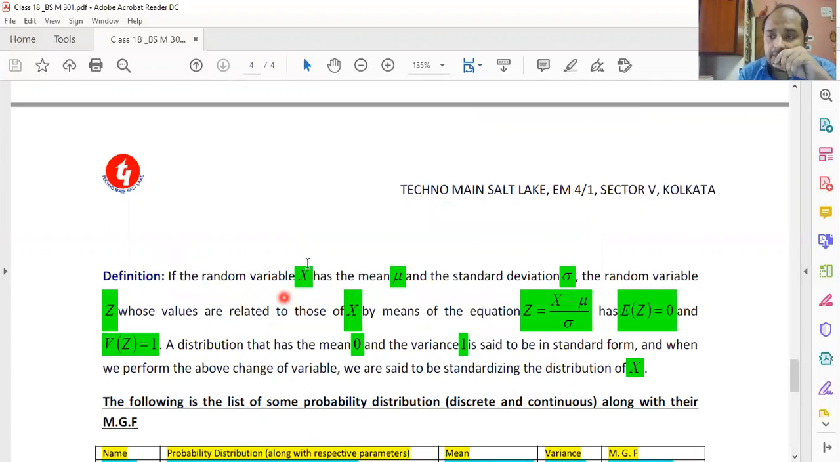If the random variable capital X has the mean mu and standard deviation sigma, the random variable capital Z, whose values are related to those of capital X by means of the equation Z equal to (X minus mu) by sigma, has expectation of Z equal to 0 and variance of Z equal to 1. A distribution that has mean 0 and the variance 1 is said